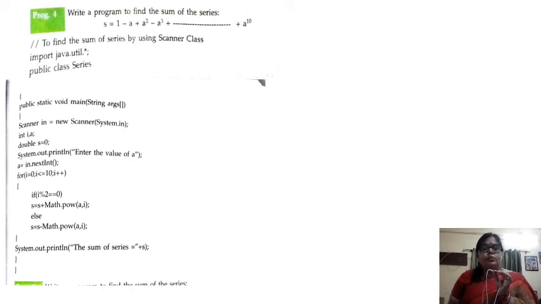See here, students, where there is a power of a, where there is an even power there is a plus, and where there is an odd power there is a minus. It means when the power is even you have to put a plus sign, and where it is odd you have to put a minus sign. Like that, it has been done in the program. Here where i modulo 2 comes 0, we have put a plus sign, and otherwise we have put a minus sign. So lastly we are going to get the sum of the series.